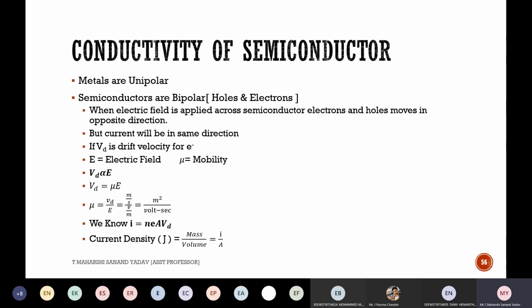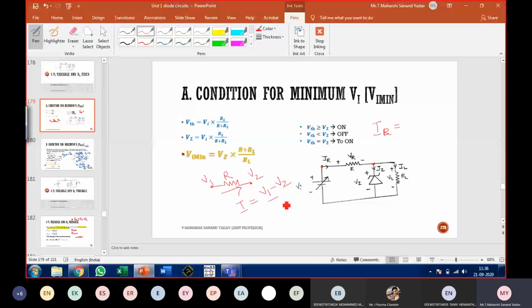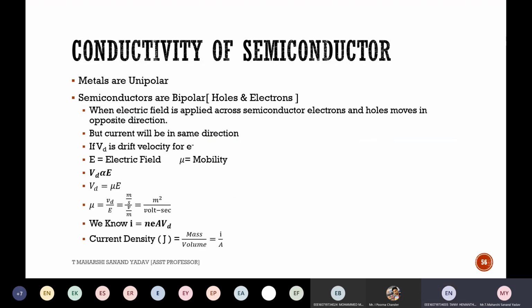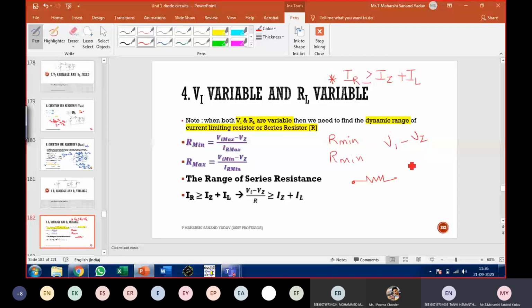Are you able to write the value for current like this? Suppose how to write current I is equal to V1 minus V2 by R. So better you remember this. And I'm simply substituting the values in this 4th case, nothing else. So I know that it is simply Vi minus Vz by R. This is nothing but I. So simply what I did is I've interchanged these positions. So I can write it something like this: Vi minus Vz by I is equal to R.